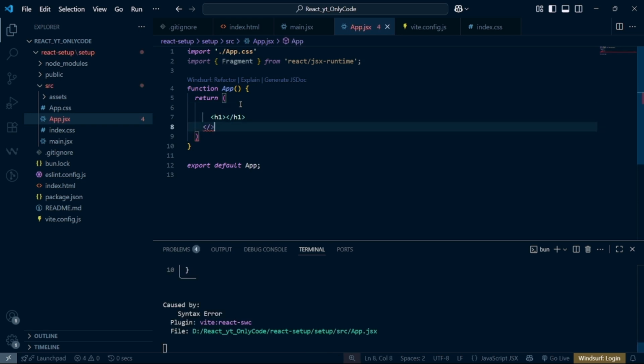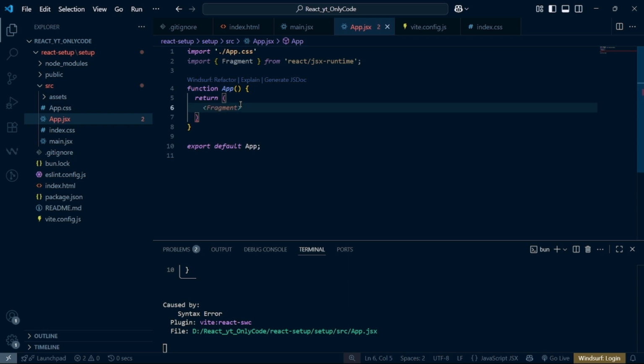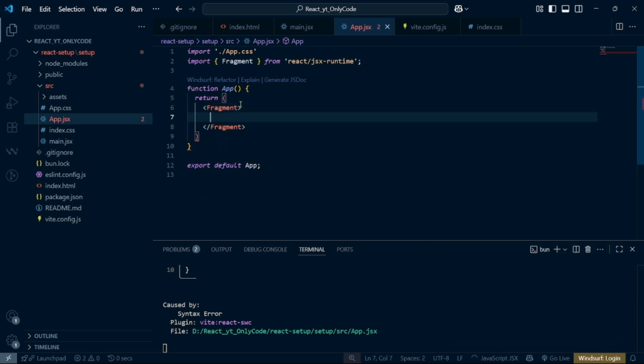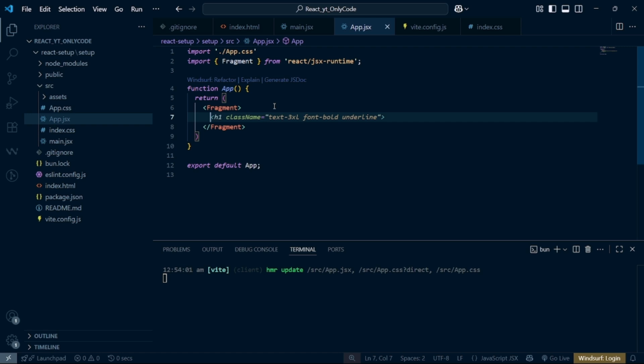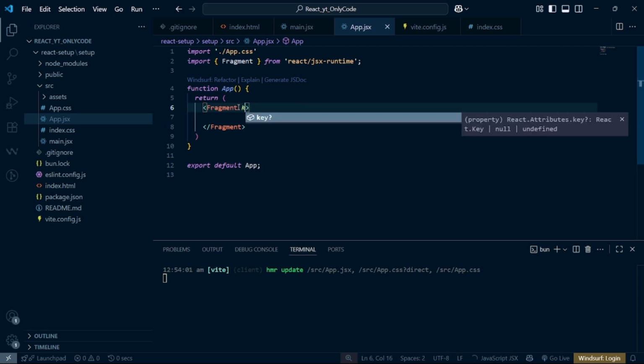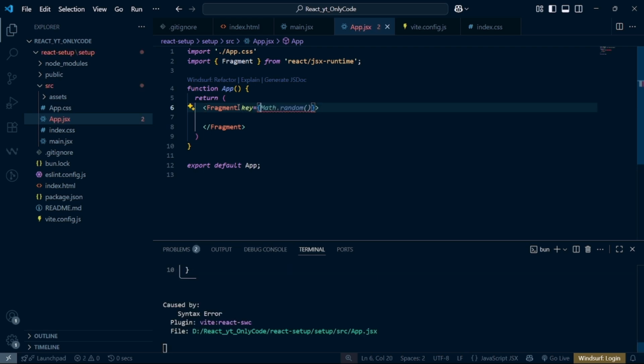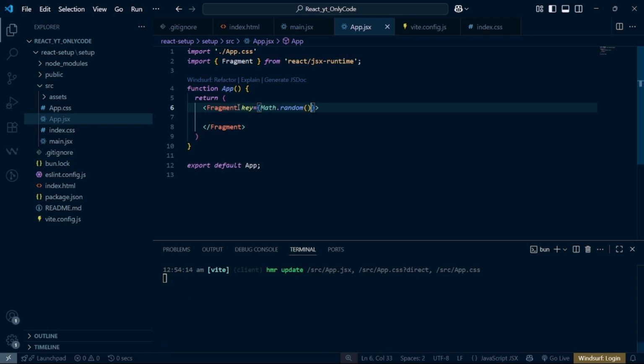Okay, if I remove this part, just go with Fragment, and yeah. So what is the difference between this fragment and that fragment? Nothing. Here you can give a key, something called key, and at that fragment both are the same, but here you can give a key and there you can't give a key. Let's give for now Math.random. Okay,